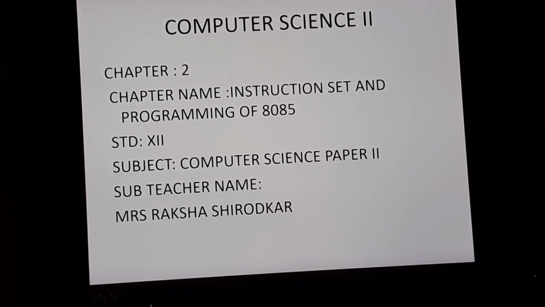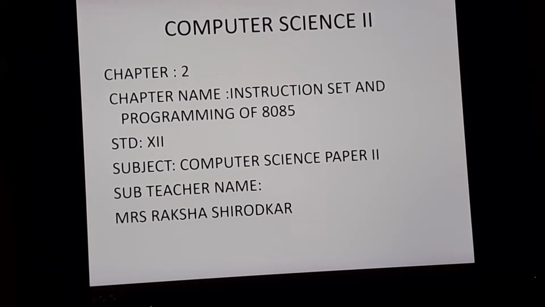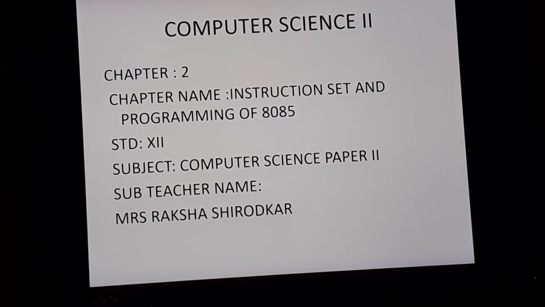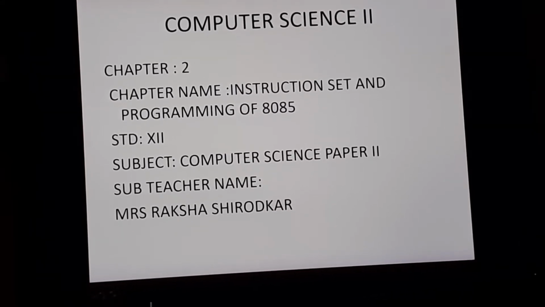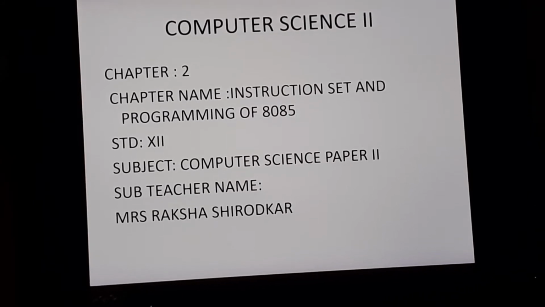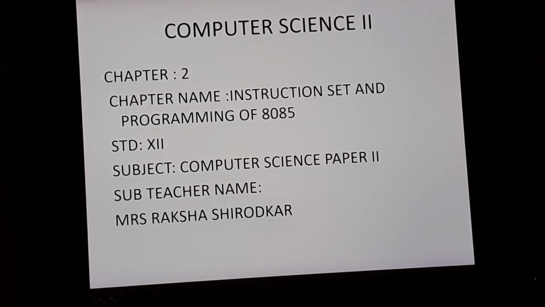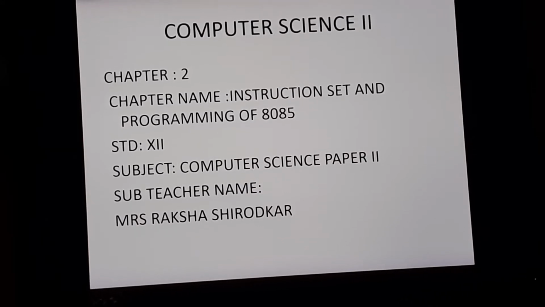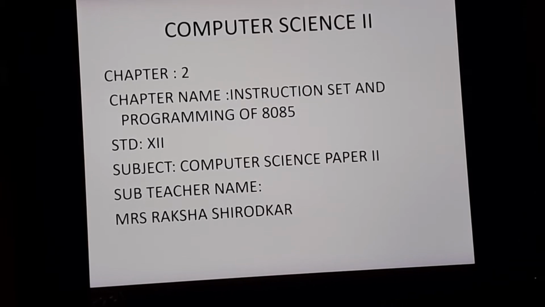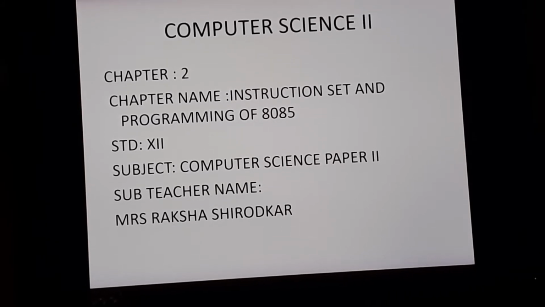Binary data. The microprocessor only allows binary data, so without binary data we cannot store any other data. Since the 8085 microprocessor itself is 8-bit, we can store only 8-bit data. Register A is also called the accumulator, and A can store 8-bit data, then register B can store 8-bit data. Similarly, all the other registers can also store 8-bit data.